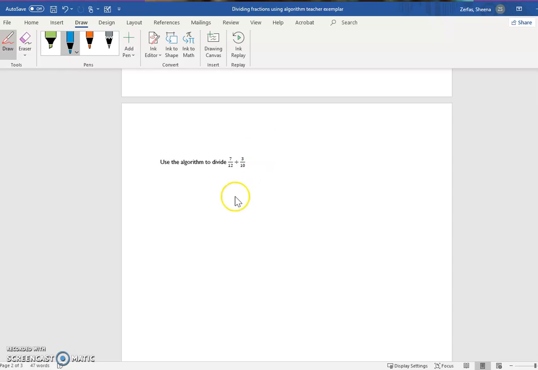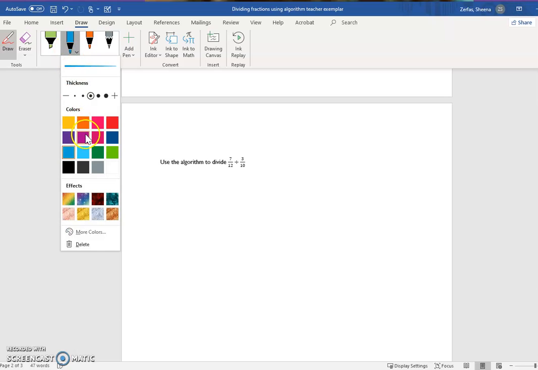This process can also be applied if we're dividing two fractions. Okay, so the first thing I want to do is I want to rewrite this as a multiplication problem. Again, we're doing that because we are familiar with how to multiply fractions. And in order for me to change this to multiplication, I need to also change something else in the